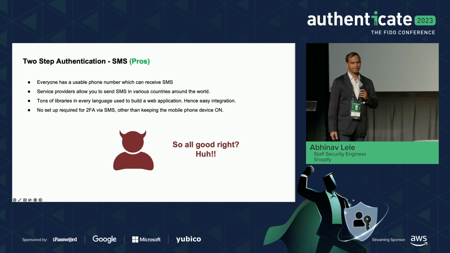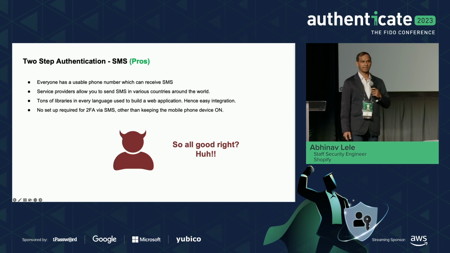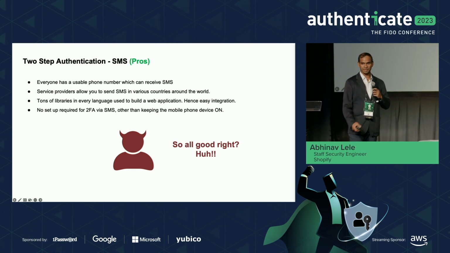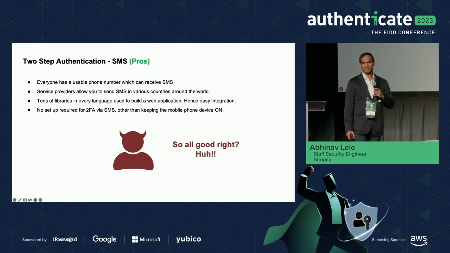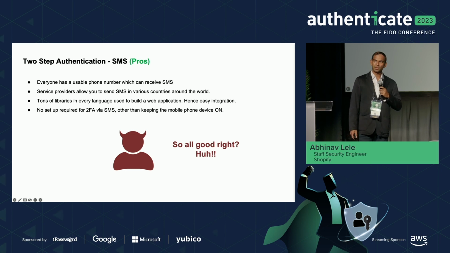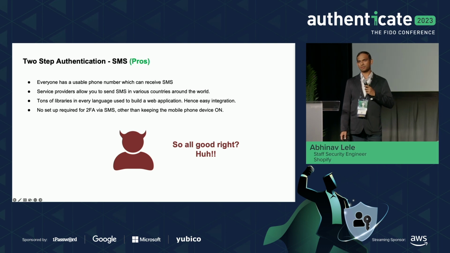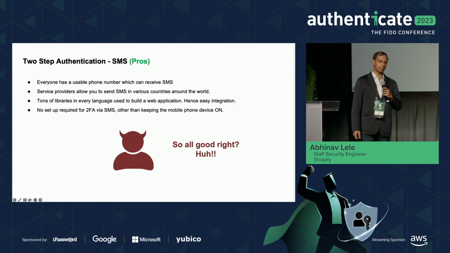So today, everybody has a phone which can get an SMS, right? I don't think anybody has a phone which doesn't get an SMS. If it did, his or her mom would say, why don't you get a phone which can get an SMS? I can send you an SMS saying, are you coming home? So SMS is very easy to deliver. You have tons and tons of service providers who can send you an SMS. If you want to send an SMS, you would always find somebody to send it for you. And as an app developer, there are tons of libraries to do it.